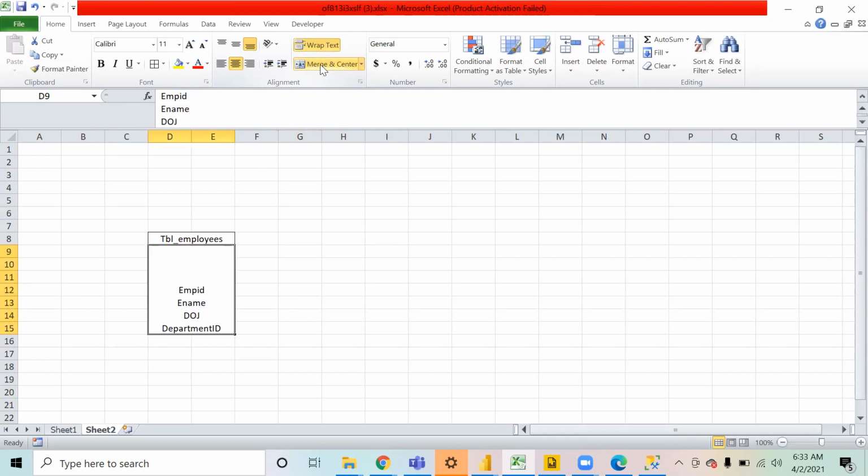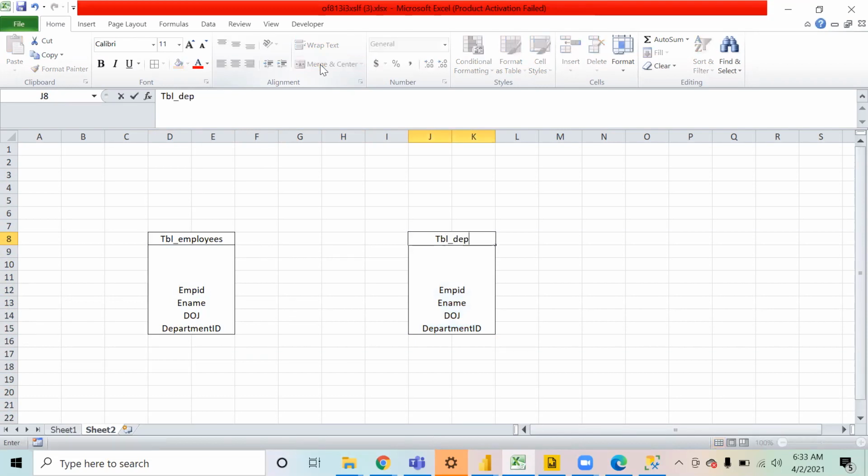And we will create another table like this, which I will call TBL departments. Over here, we will keep department ID and department name.